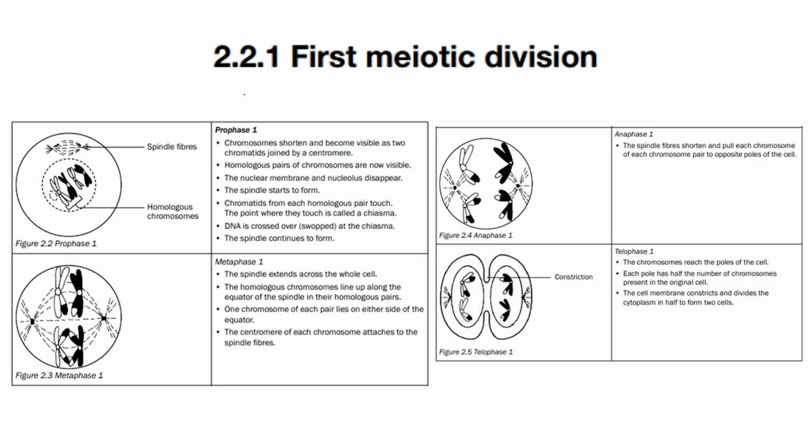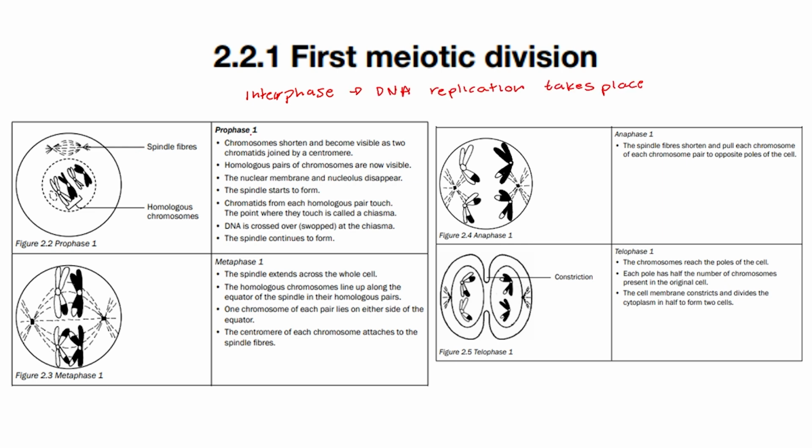Hi guys, today we'll be looking at the first meiotic division in more depth. The first meiotic division consists of 4 phases, being prophase 1, metaphase 1, anaphase 1, and telophase 1. However, before meiosis 1 occurs, the interphase occurs, which is where DNA replication takes place, replicating the DNA to form